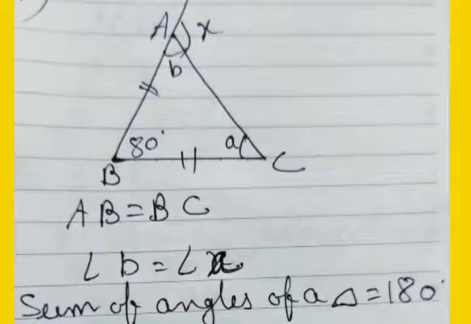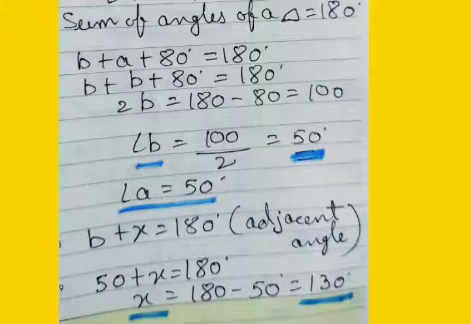Now subpart 4, again we will first name a triangle. So I have named here A, B and C. So this is a triangle ABC. Angle B is equal to what? Angle A. Why? Because it is given in the question that AB is equal to BC. So again we will write B plus A plus 80 degrees equal to 180 degrees. In place of A we can write B. So B plus B plus 80 degrees equal to 180. So 2B is equal to 180 minus 80, that is 100. Angle B is equal to 100 by 2, that is 50 degrees. And A is equal to 50 degrees because A is equal to B.